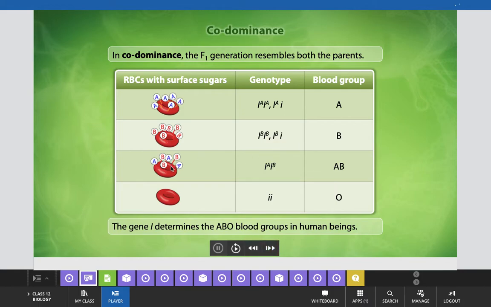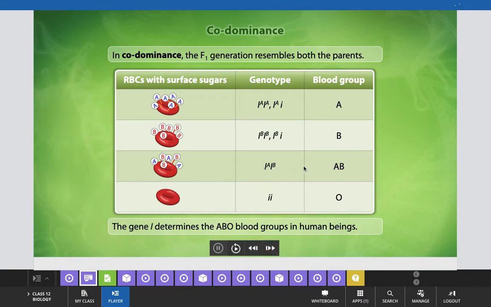And in the third case, the RBCs have both types of sugar on their surfaces, with genotype IA IB, where I denotes the gene for blood grouping,